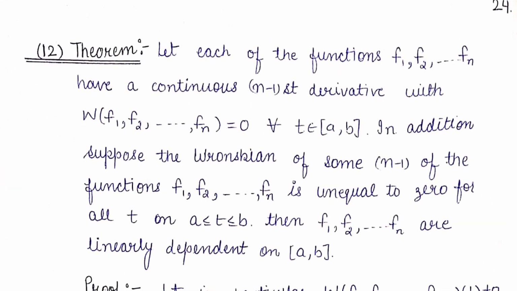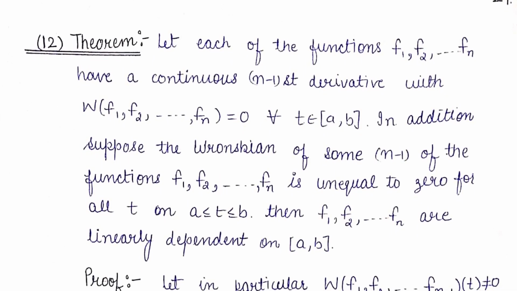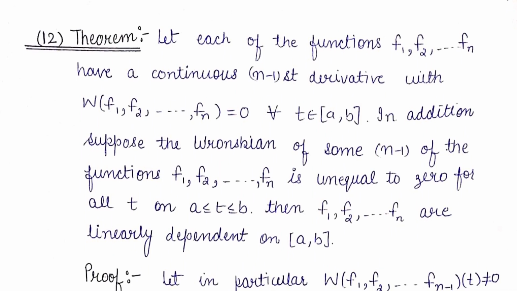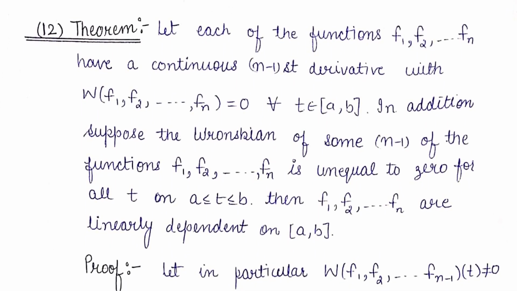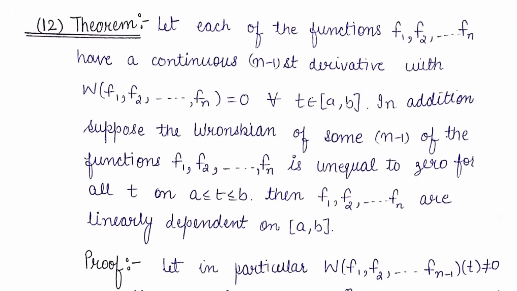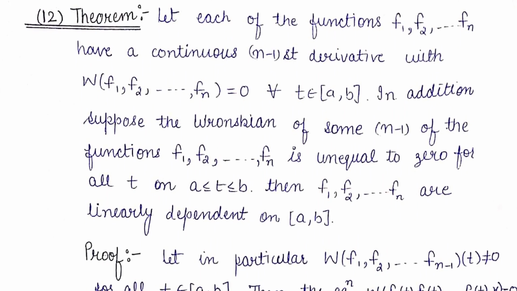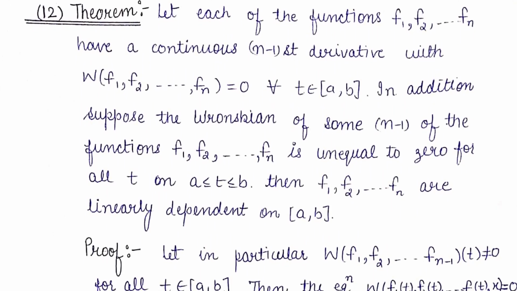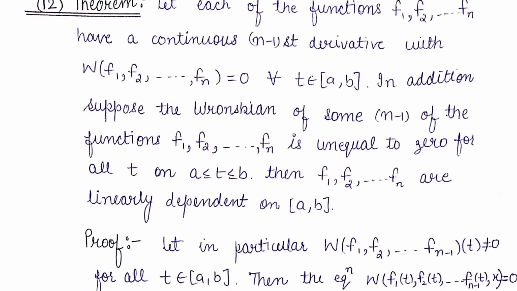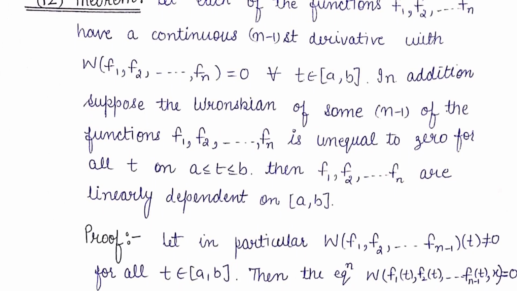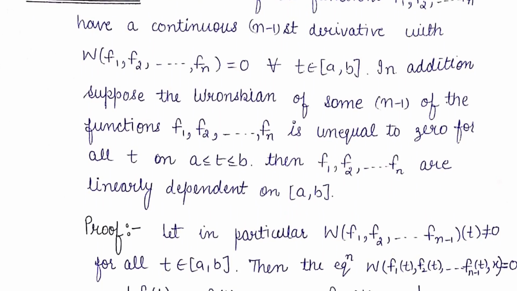And now we will prove that the converse of the above theorem is also true, but under some additional conditions. So what are those conditions? In theorem 12, we will prove the converse taking some additional conditions on the functions f1, f2, ..., fn. So the theorem is: let each of the functions f1, f2, ..., fn have a continuous (n minus 1)th derivative, with the second